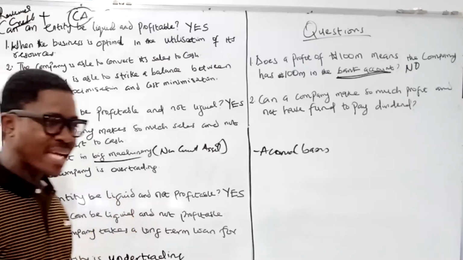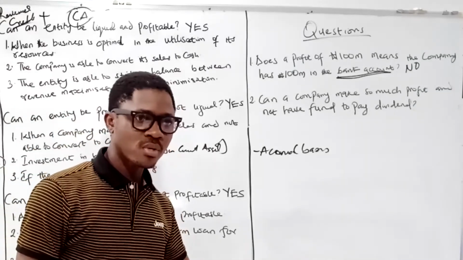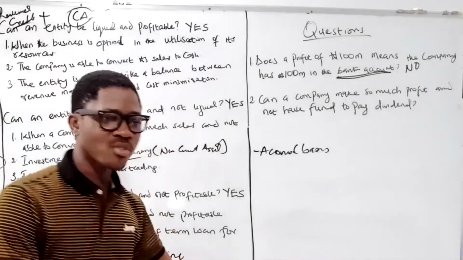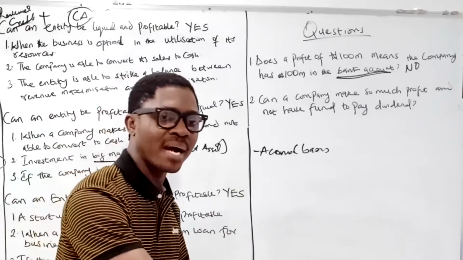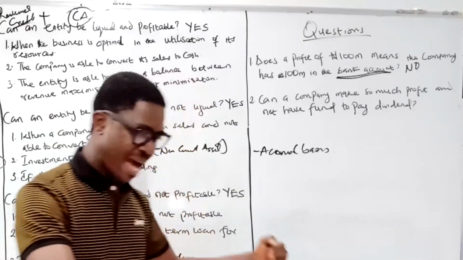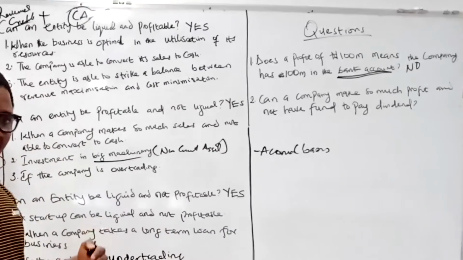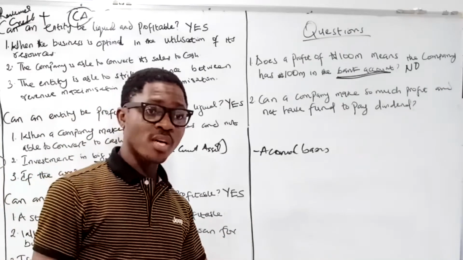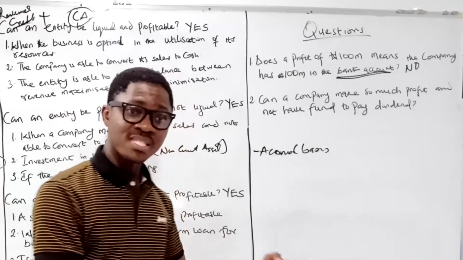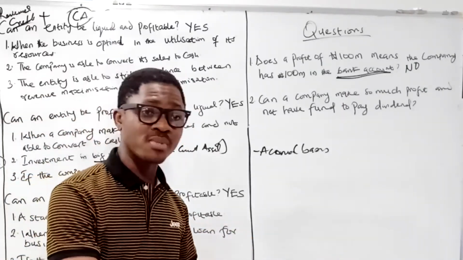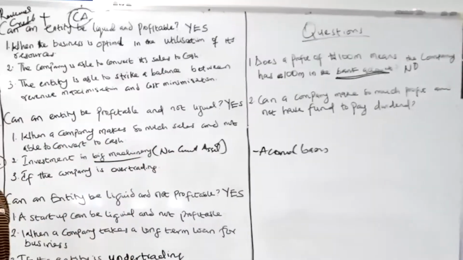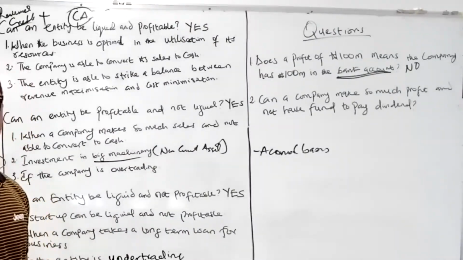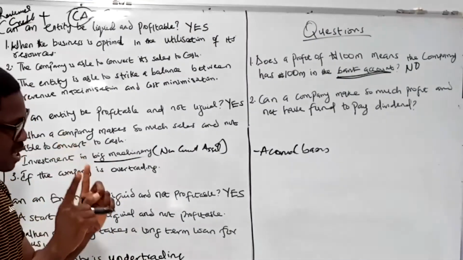And spending so much on credit, which doesn't translate to the money going out through the bank, also simply means that our balance in the bank will not be the same, because revenue doesn't translate to cash coming in. Not all revenue translates to cash coming in. Also, not all expenses incurred translate to cash going out.